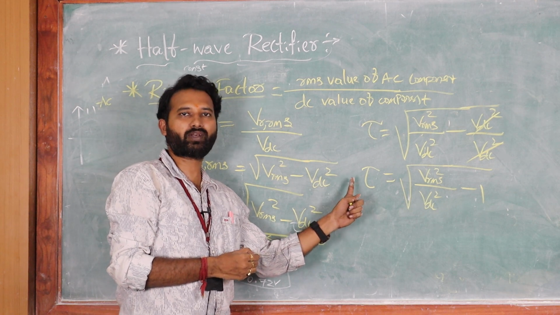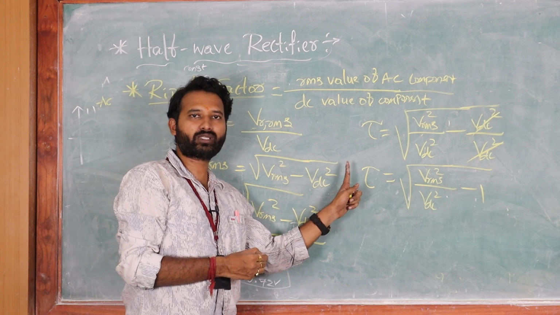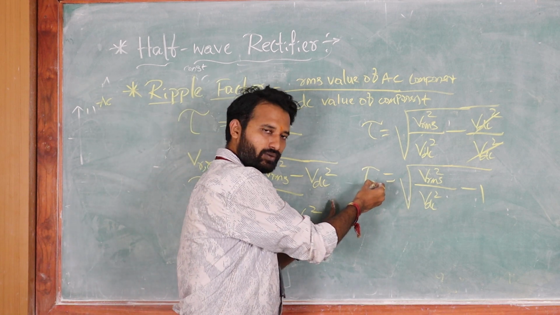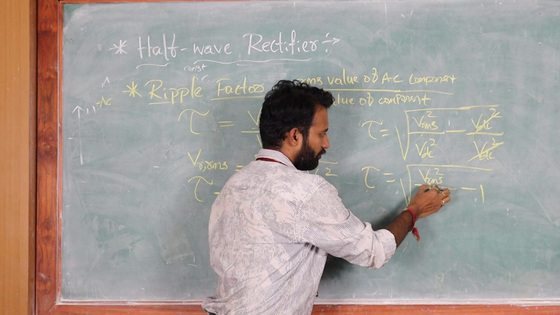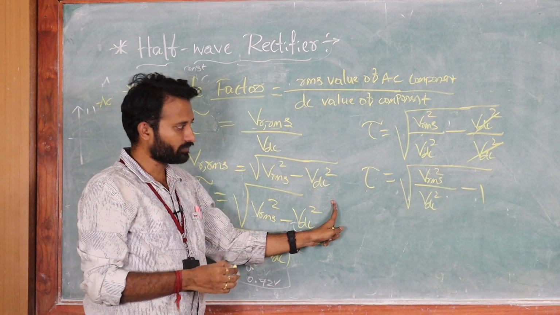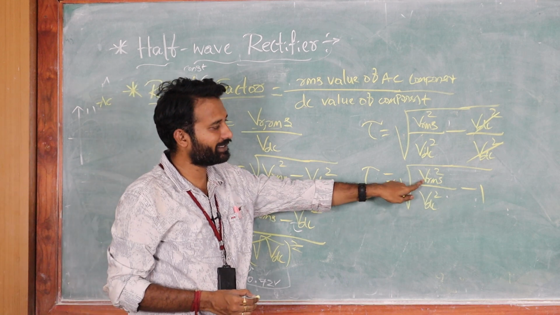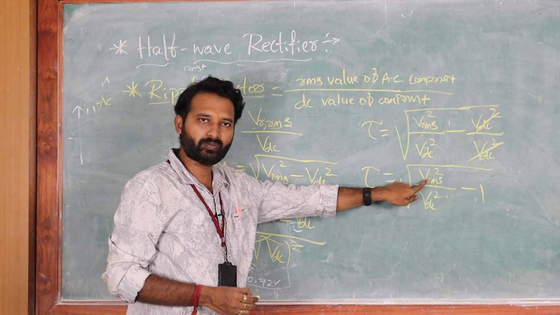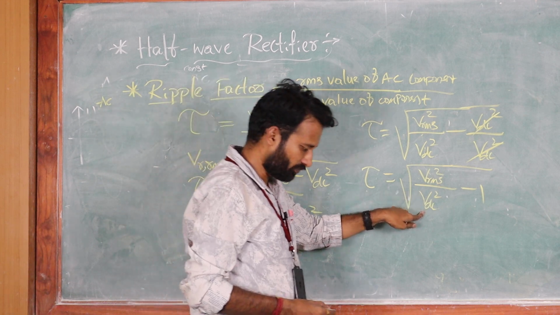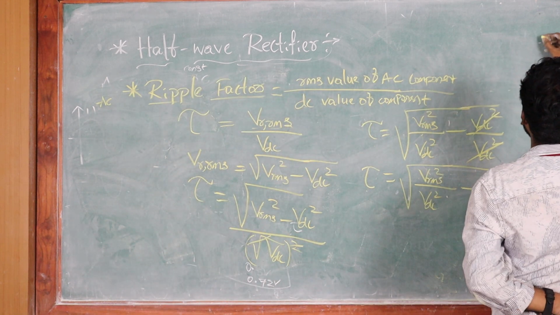Now what I am saying is, we need to calculate the ripple factor: how much ripple is present, how much AC is present in DC. In order to calculate tau, we should know what V_RMS is and what V_DC is. First let me explain what you mean by root mean square, what V_RMS is, then I will calculate V_DC. So listen here, V_RMS is equal to,